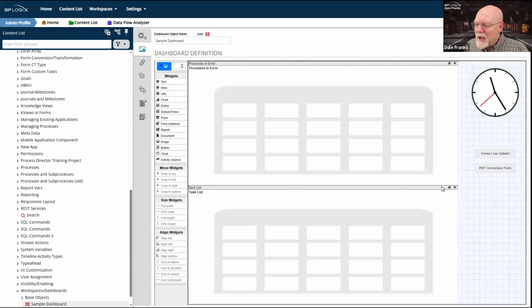The thing about a dashboard is that you can build them in the content list, just like a form or a knowledge view. They are a content list object that can be edited by anyone who has access to the content list.